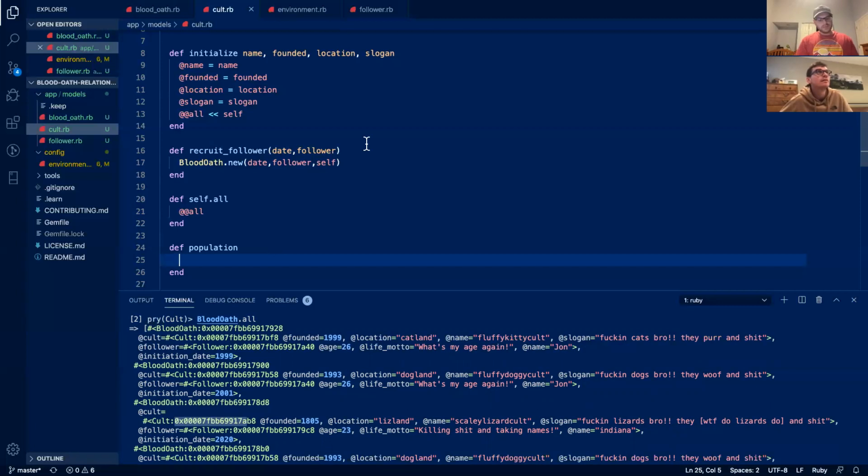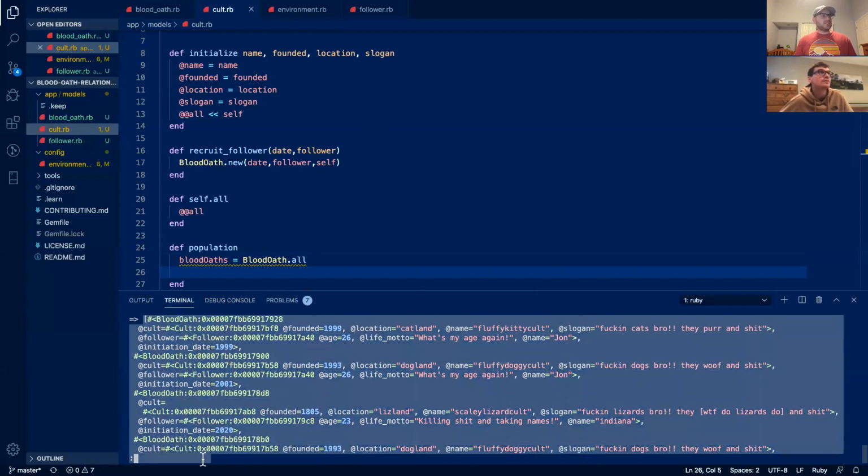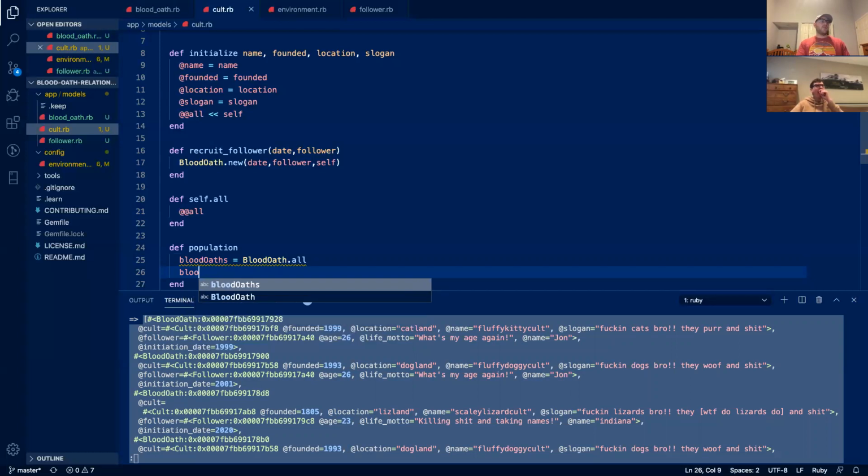Okay. Cool. So what I'm going to say is, let's say blood_oaths, I'm going to go a little bit expanded, equals BloodOath.all. You get that line of code? What that's doing? You're just setting that variable equal to the whole class. Yeah, it's just going to give me this array. That's all. Okay. Then what I want to do is I actually want to select the blood oaths. What's the other word for select? Reject? Oh, I think filter,